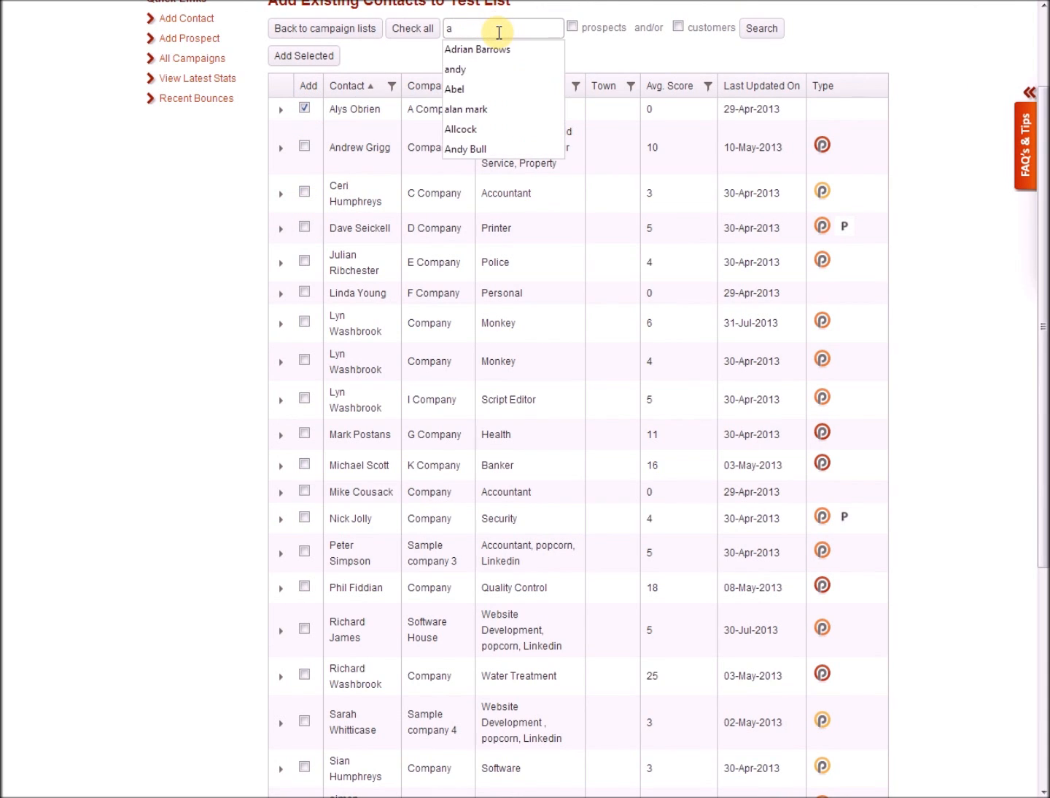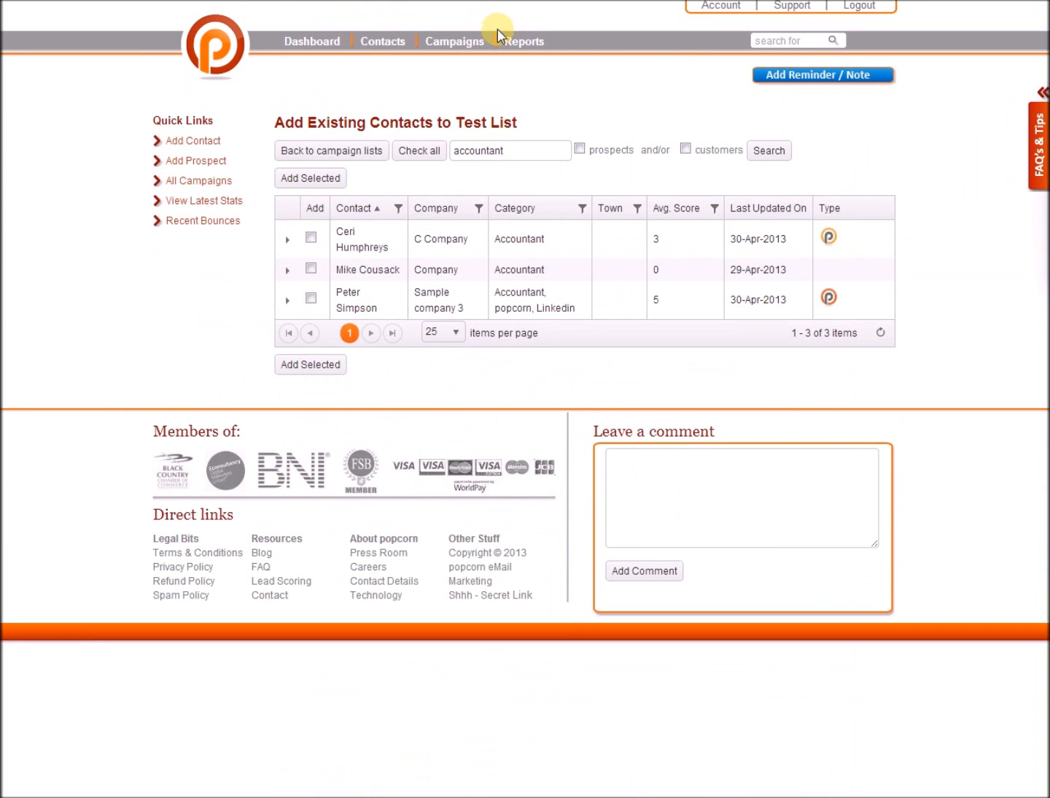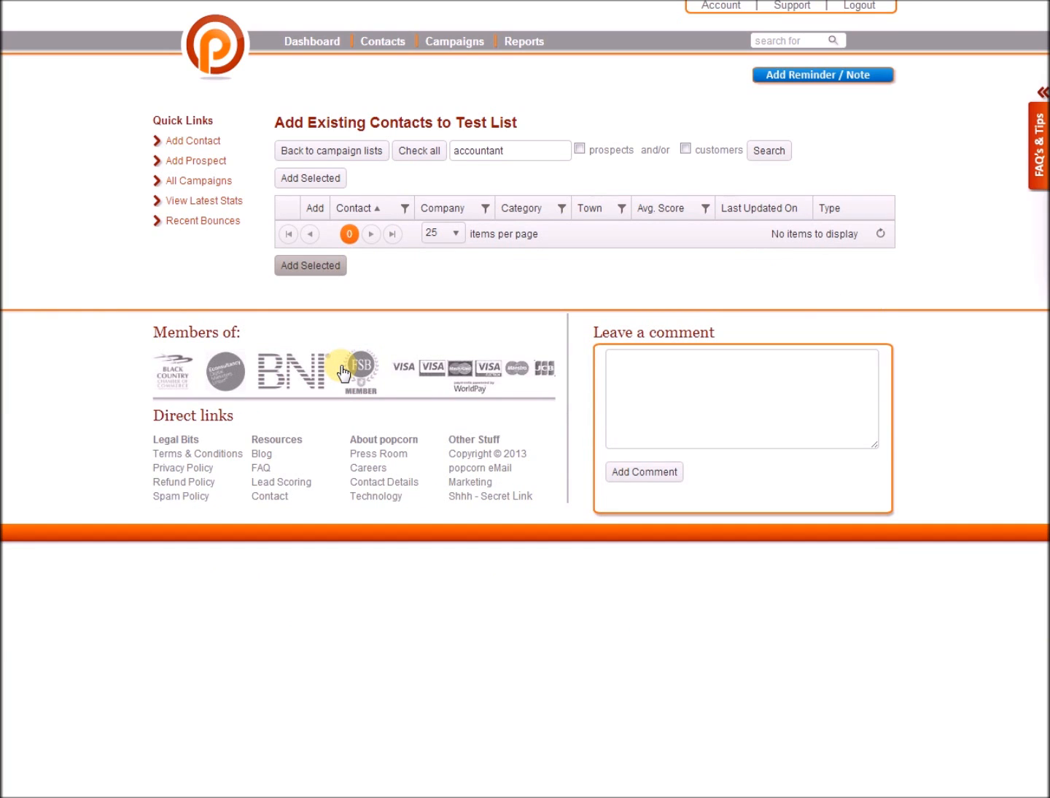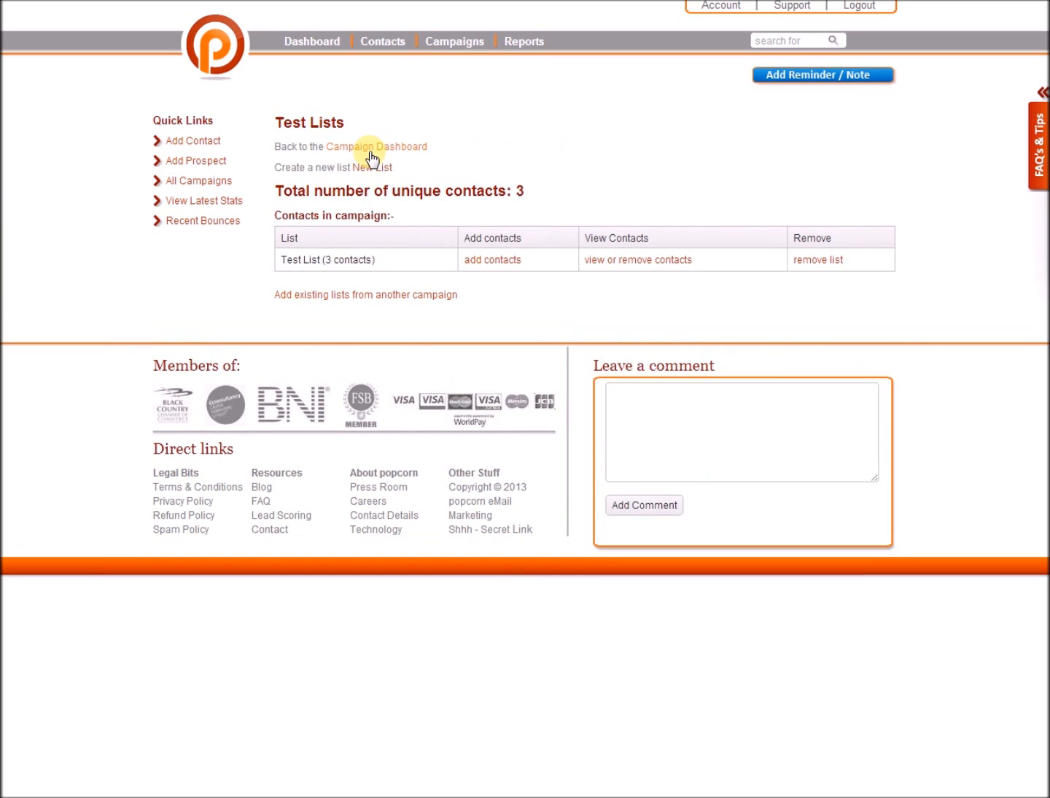I can do a search for, let's say, some accountants. That's brought up 3. So I'm going to select and target all 3 accountants in there, and that was picked out from the category field. So I'll add selected. Those disappear, and if you click back to campaign lists, you'll see